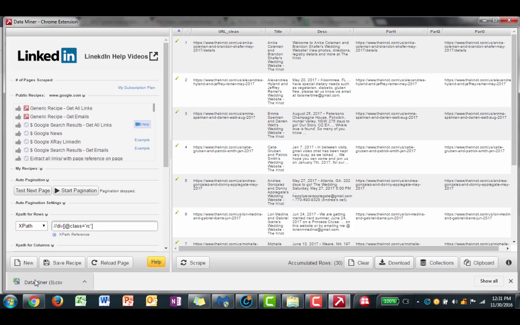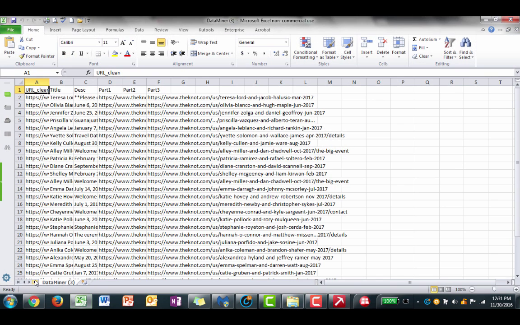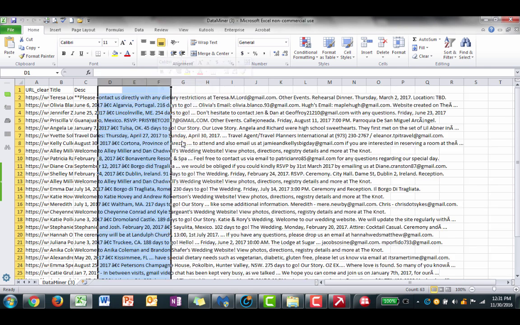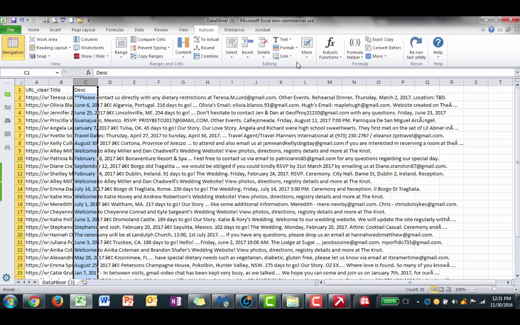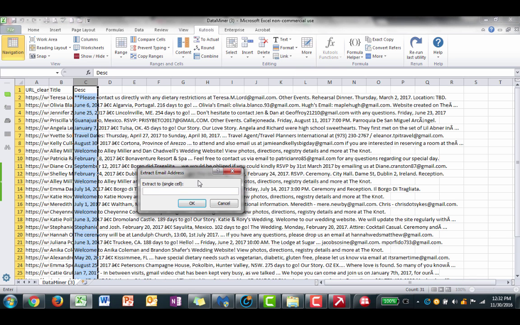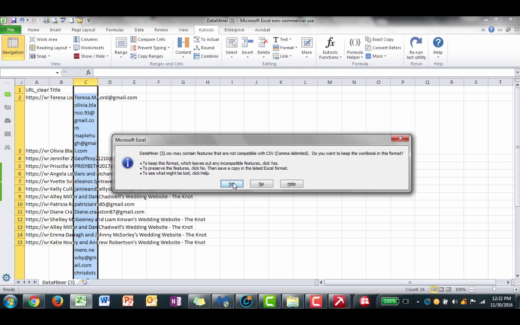I'm going to first open it up in Excel to clean out the description column. Okay, so let's first clean up these columns. We don't need this anymore. Okay, now there's this add-on that you can install for free into Excel. It's called QTools, and they have this option where you can extract email addresses, which is pretty neat. And then I'm basically going to choose the column I want the emails in. Boom, there we go. So I'm going to click Save,